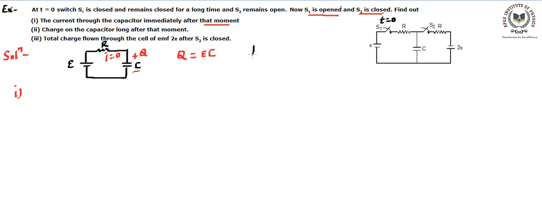After that moment the circuit will appear like this. There is going to be a capacitor. This capacitor will be connected with this S2 switch with R, and then there will be a battery which will have a lower potential and a higher potential like shown in the figure, and then this will be connected like this. This is also R resistance. This is a battery of EMF twice E, and this is the same capacitance.